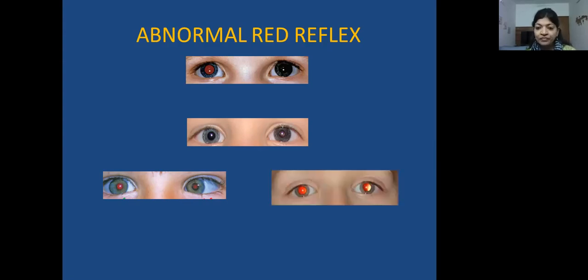Now, if you look at this picture, you can see that there is a bright red reflex in both eyes. However, you can see that there is some asymmetry, like the reflex in the left eye is showing you a crescentic reflex. You would see such a reflex typically in a child who has a refractive error which is different in both eyes, that would present in such a way. So the red reflex will help you to pick up refractive errors as well.